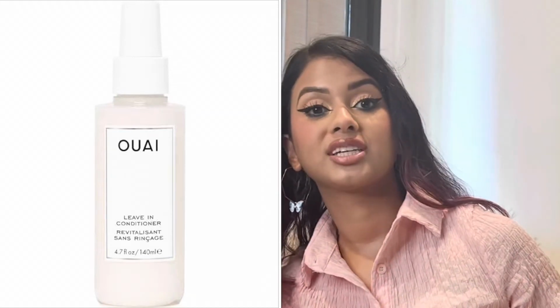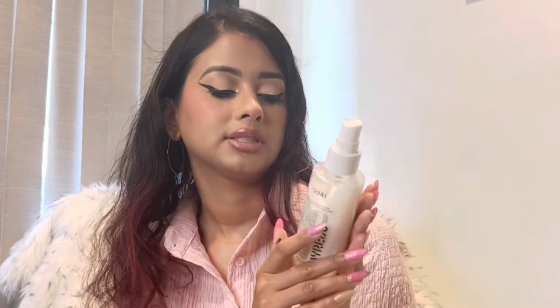Ouai, and she was the Kardashian family's hairdresser for a very long time, and she went off to create her own brand, which is very healthy, a very clean brand, and everyone should know about it. It's like the best quality products. It's non-GMO, the cleanest ingredients, and just leaves your hair